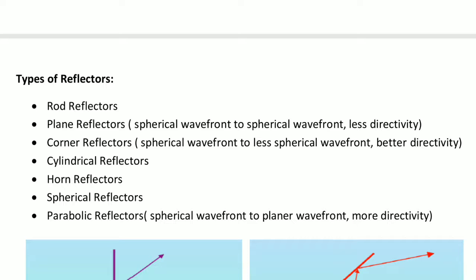So ultimately it suppresses the back lobe of the antenna radiation pattern. So this is the basic function of this rod reflector in Yagi-Uda antenna. Its length is greater than almost lambda by 2, where lambda is the wavelength of free space. It offers inductive reactance and contributes in increasing the gain.